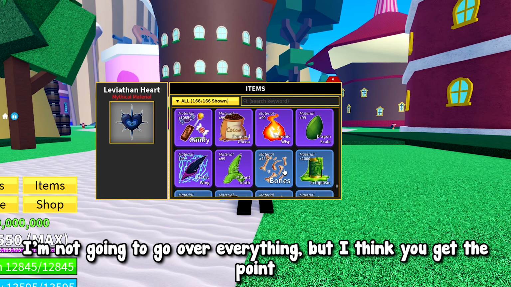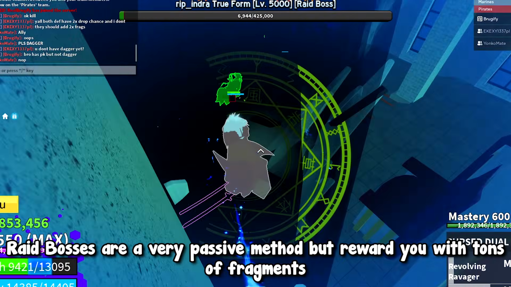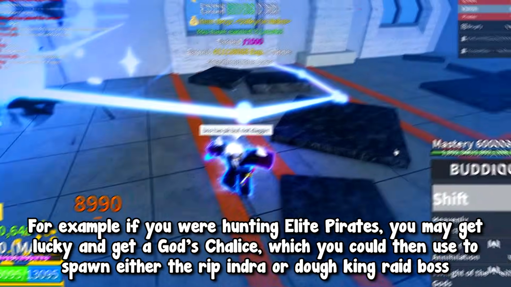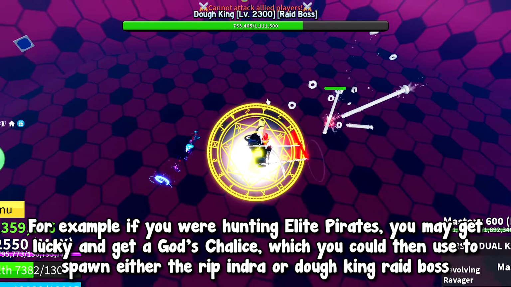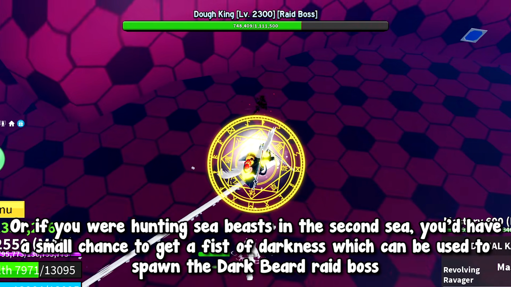I'm not going to go over everything, but I think you get the point. Raid bosses are a very passive method but reward you with tons of fragments. For example, if you were hunting elite pirates, you may get lucky and get a God's Chalice, which you could then use to spawn either the Rip Indra or Dough King raid boss,